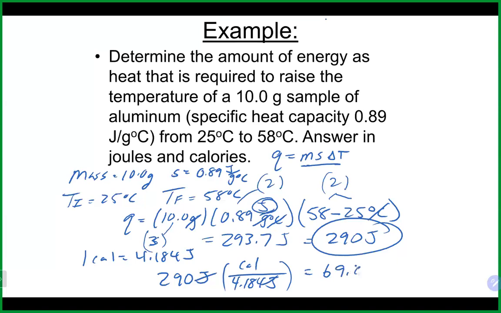69.69 there. Calories looks good. In that case, I think you might get 70 if you didn't use the rounded number. So, fairly close to each other. Any questions on that calculation there? Okay,